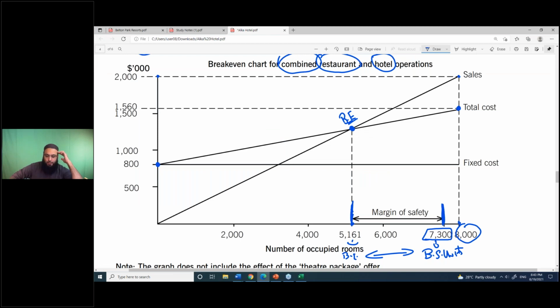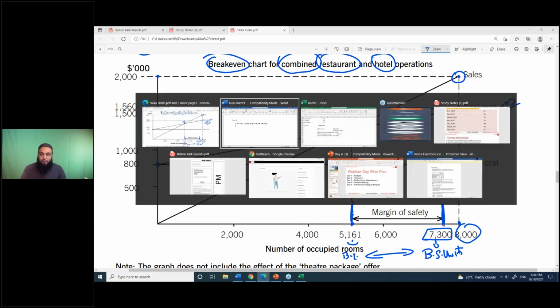Secondly, what about your sales or selling price? So as an example, because selling price per unit remains constant if the line is straight, you know, this is a linear line. And you must know this is a break-even chart, okay? It's a break-even chart. So it's a linear straight line. And when the line is straight, linear, which means the per unit is constant for sales. So if I use this as an example, 2 million divided by 800. So my selling price will be